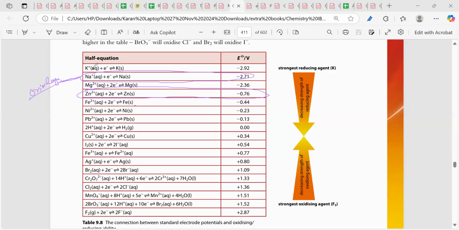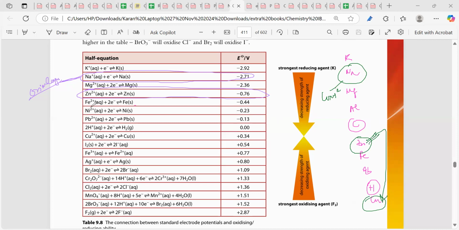In the reactivity series, we see that as we move from the bottom to the top, the reactivity increases. And what is the meaning of reactivity? The tendency to lose electrons. See, this is the reactivity series we learned earlier. Carbon, zinc, iron, lead, hydrogen, copper, right? So the more reactive metal will be losing electrons, right? If you have taken zinc and copper, zinc will be losing electrons and copper will be accepting the